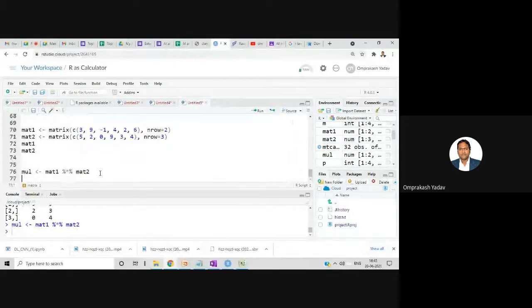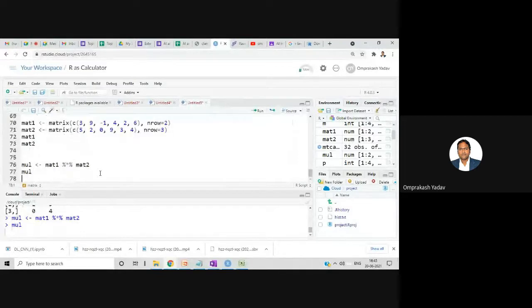And let's take the multiplication matrix. So its multiplication is this much. If we do it row and column wise, you will get this particular multiplication. I hope this is clear to all of you. If you directly multiply with the star, you will get element by element multiplication. And if you really want to multiply mathematically the way matrices are multiplied, you will have to use this particular operator.